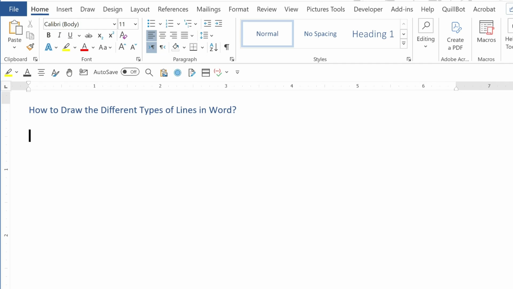Hi everyone, in this video I will guide you how to draw different types of lines in Word. If you want to insert a plain thin line, you need to type 3 hyphens and then hit enter. If you want plain thick lines, you need to type 3 underscores